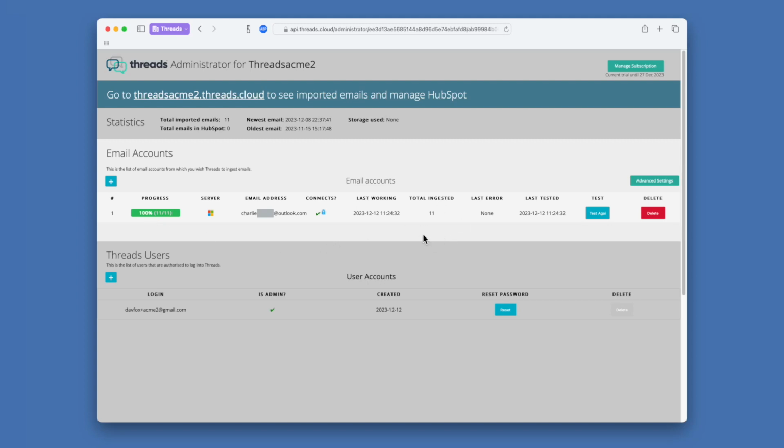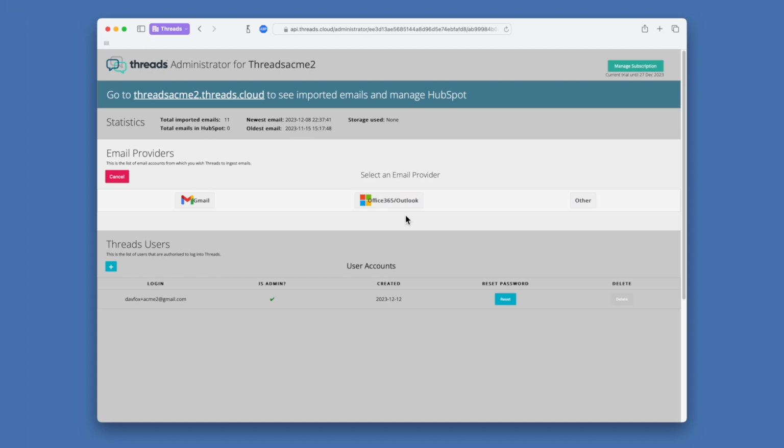Total ingested 11, and you can also see the dates are set, the oldest email and the newest email. So this is how you can tell that once you've added an account, we're correctly reading from the account and pulling emails in. So let's add another email account by clicking the plus button over here, and this is another